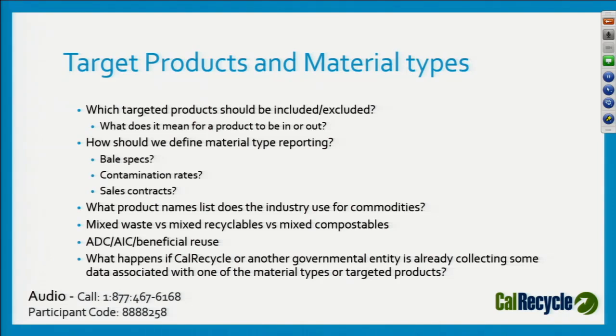So the materials leaving a recycling facility should be reported at the level of separation that they are sold. For example, if you're a MRF and you have a mixed load of paper that contains white ledger and mixed paper and newsprint and everything, you would report a load of mixed paper. But if that paper is white ledger, then we want you to report it's a bale of white ledger. So we're trying to make it flexible so that you don't have to go into breaking bales or approximating what percent is of what type of thing, but we still have enough information from the people who do have that kind of separation. So with that in mind,